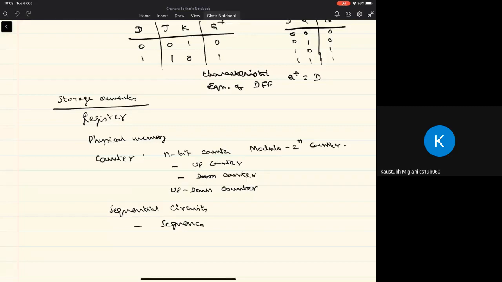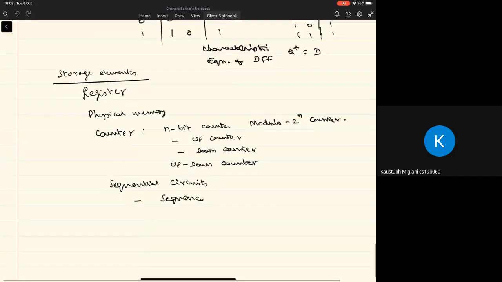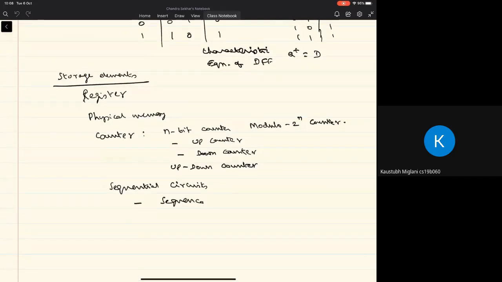So we'll first look at the design of some simple counter circuits using the flip-flops. In the process, we'll try to understand what is involved in designing the sequential circuits using the flip-flops. And once you understand the steps in that, then we can use that procedure for designing any sequential circuit. Okay, so we'll get started with the process of the design of sequential circuits.